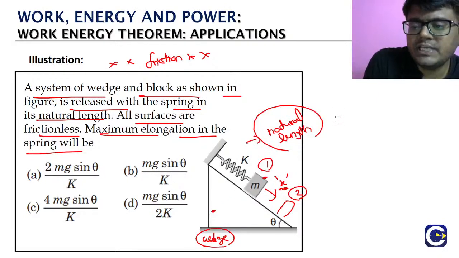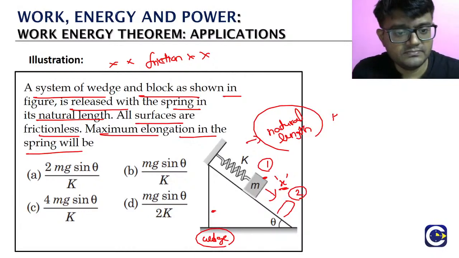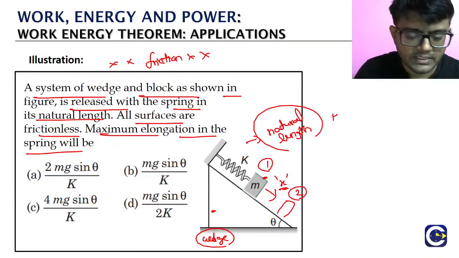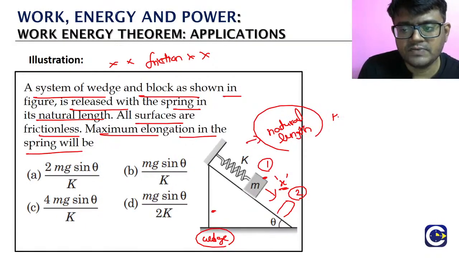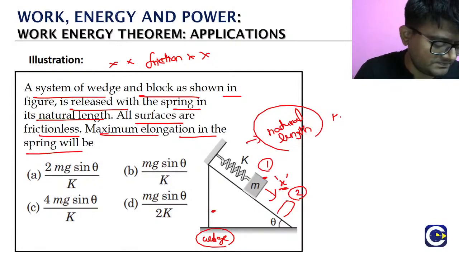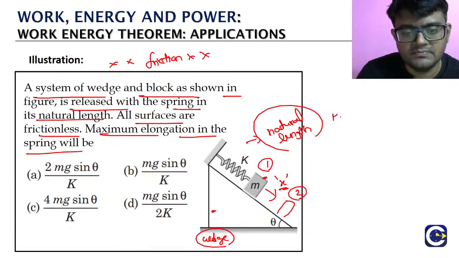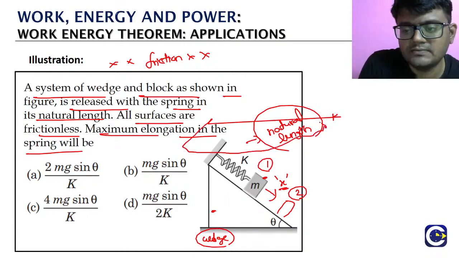Now look, initially, what is the kinetic energy of the block? Because we are releasing from rest. Releasing from rest, right? Because when you are releasing it, what is its kinetic energy? It will be 0. Finally, when we say maximum elongation,